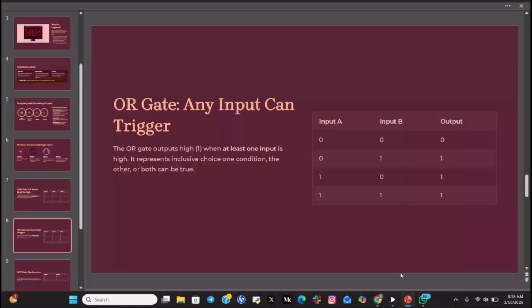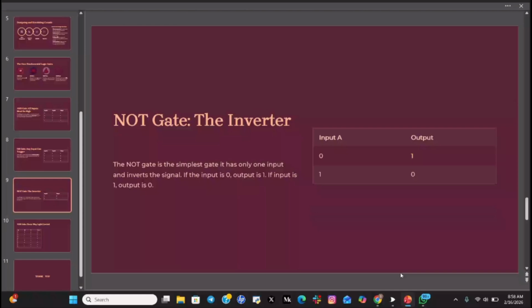So let's move on to the NOT gate. This is called the inverter. Basically, if you have a 0 input, the opposite is the output. So you just deal with the opposite. If the input is 1, the output will be 0. Let me demonstrate it on